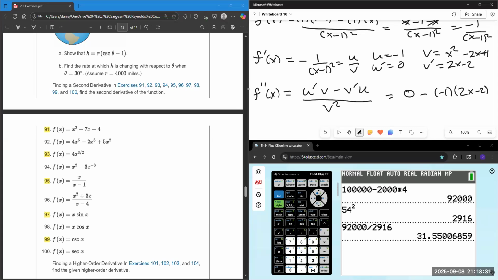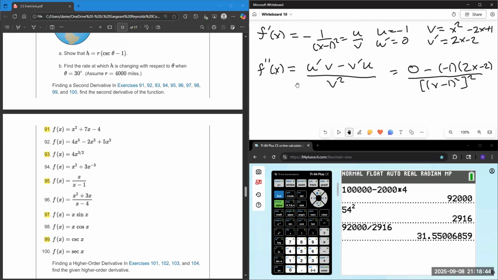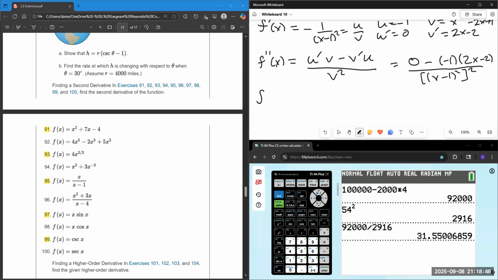So that negative negative will make a positive. v squared was already x minus 1 squared, and I want to square that. So f double prime of x is 2x minus 2 over x minus 1 to the 4th,